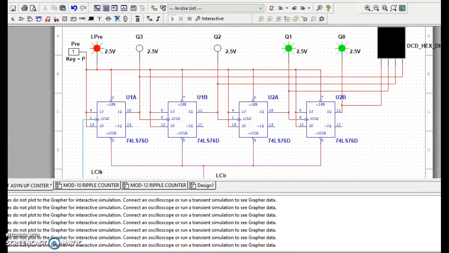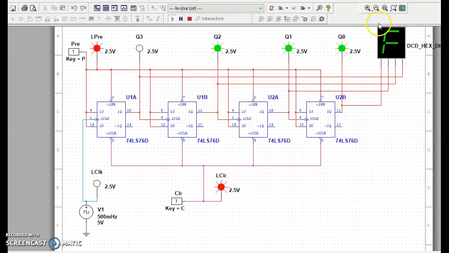Now simulate this. It is a 4-bit counter, so it counts from 0 to 15. This is the LSB side, this is the MSB side. Usually the LSB is connected to the external clock, where the external clock pulse is connected. Like this, till 9 it is displayed as a number. After 9 it displays A, B, C, D for 10, 11, 12, 13, 14, etc. It's all about the ripple counter, verified with the truth table.